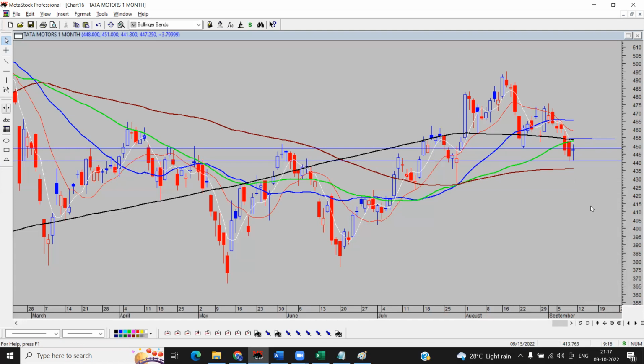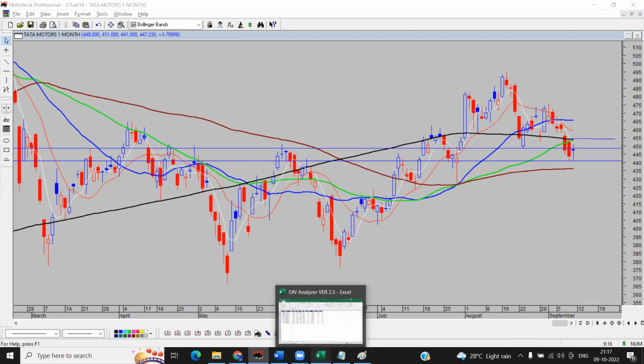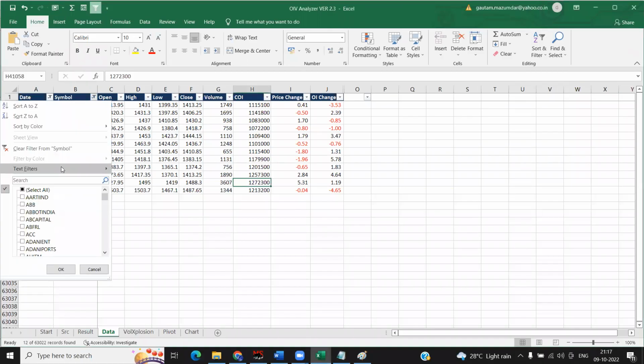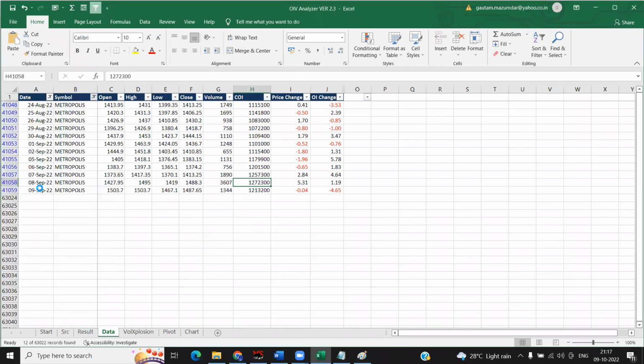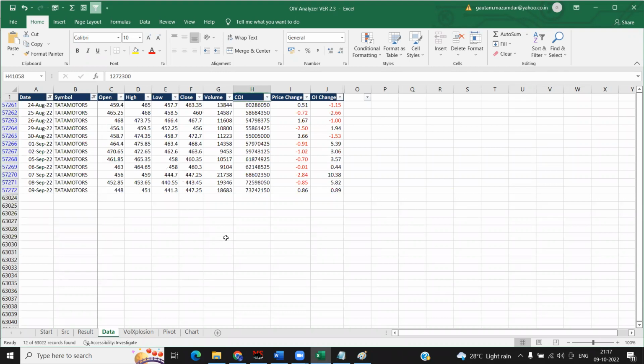Got it? Strong short build-up is seen. Last 2-3 days, OI build-up was too good, I think. Last 2-3 days, OI build-up is there, but net to net price movement has not been too much. Just like Tata Steel, this is also in a downtrend, but I would like to see if any reversal comes on, with the huge OI build-up. That's the idea.